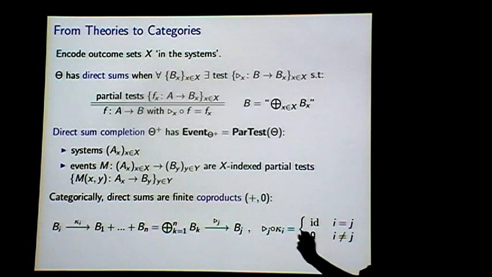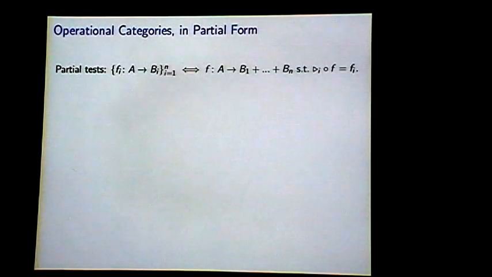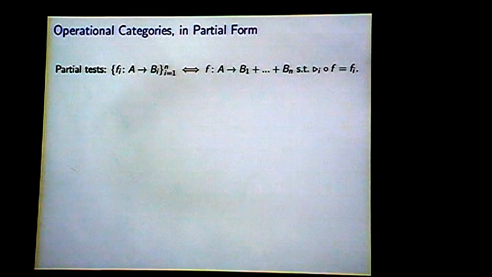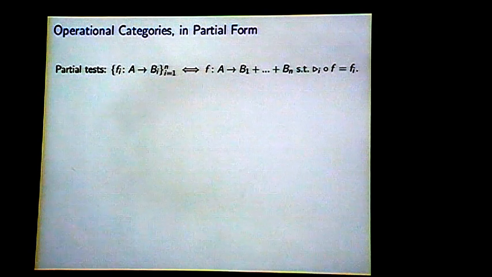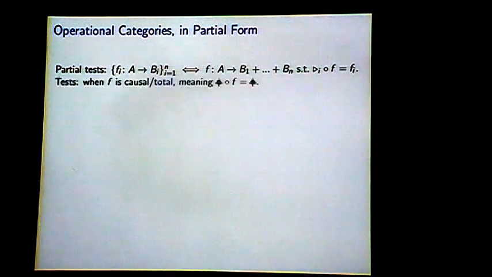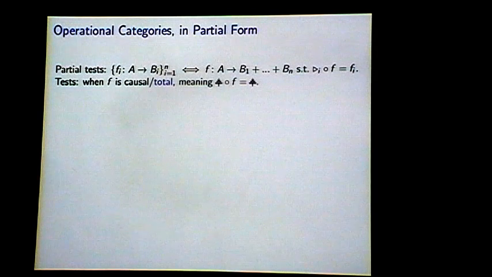And the point is that this structure is all we need to describe all the interesting stuff of our theory. So we've already seen that instead of talking about these partial tests, we can just talk about arrows going into these co-products that project in the appropriate way. You can detect when one of those is a test categorically. You just require that arrow F above there to be causal, or here I use the word total, so it just needs to preserve discarding. So intuitively, a test as a whole is a deterministic process because you always get one outcome occurring, and that's just captured by this equation here.